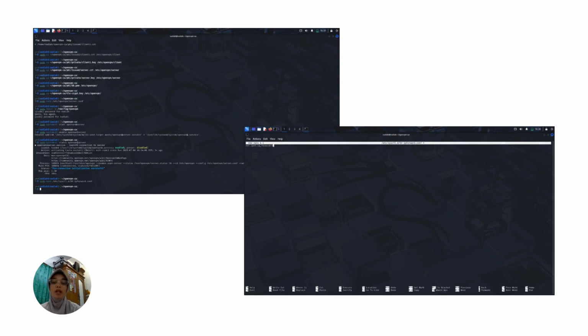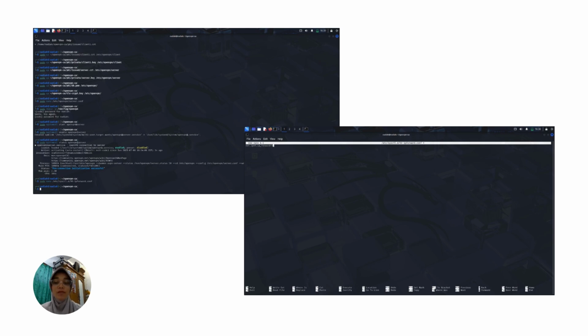We will then enable IP forwarding by editing the 99-ipforward.conf file. Next, we will add net.ipv4.ip_forward=1, which functions to enable the IP forwarding feature on the Kali Linux system.